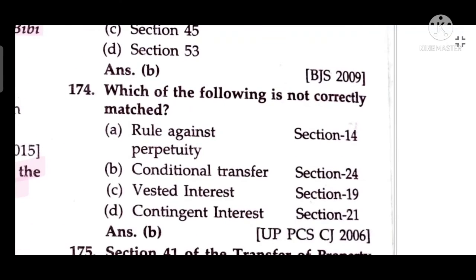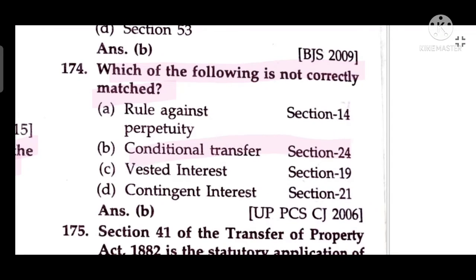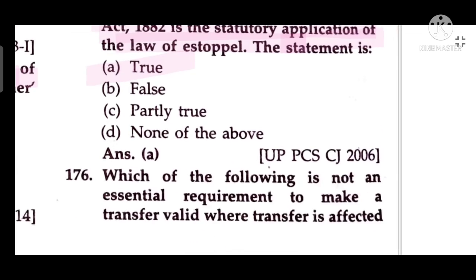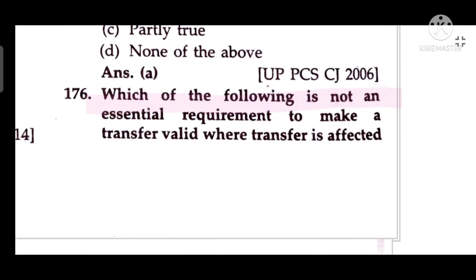Section 41. Which one of the following sections is not correctly matched? B. Which one is correctly matched? Rule against perpetuity Section 41, vested interest Section 19, contingent interest Section 21. Section 41 of Transfer of Property Act is the statutory application of the law of estoppel. The statement is true. Which one of the following is not an essential requirement to make a transfer valid where